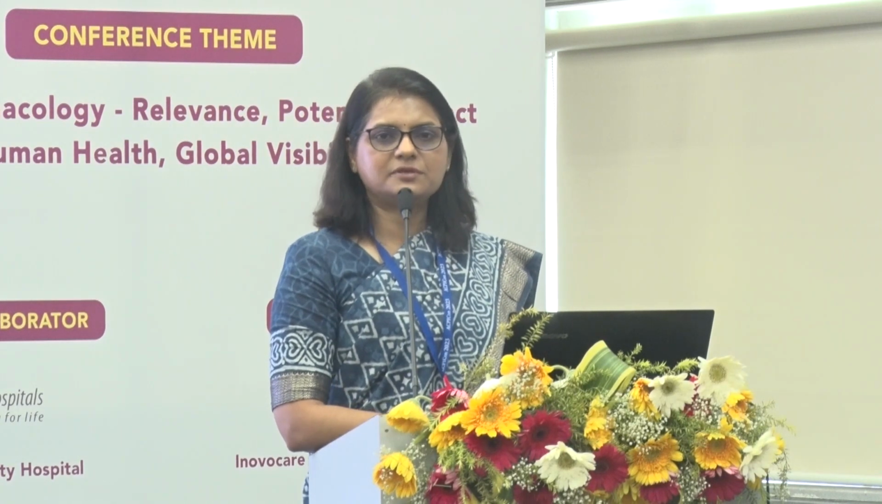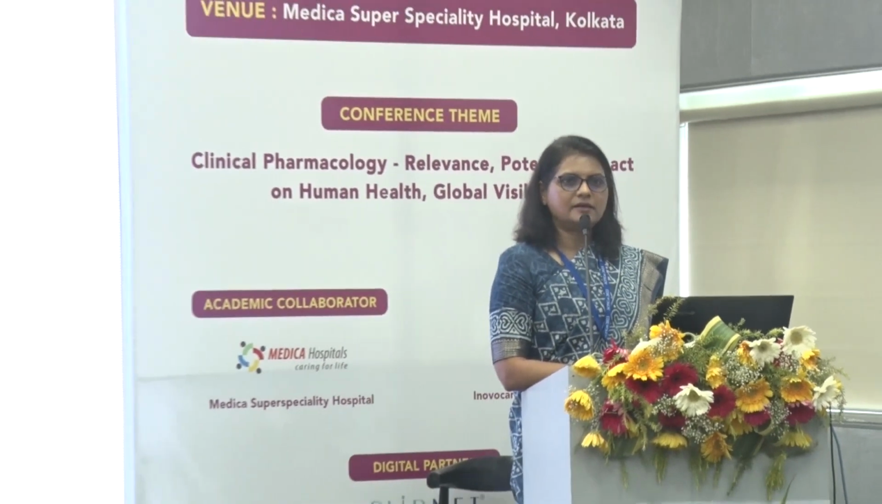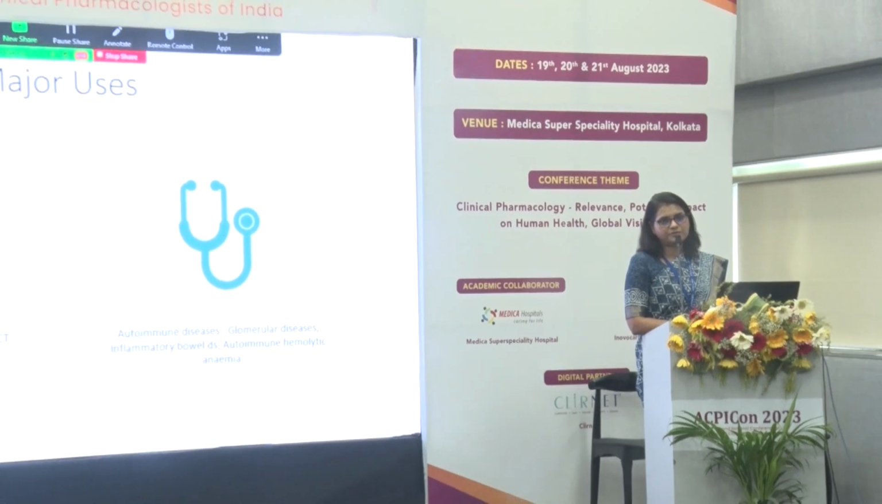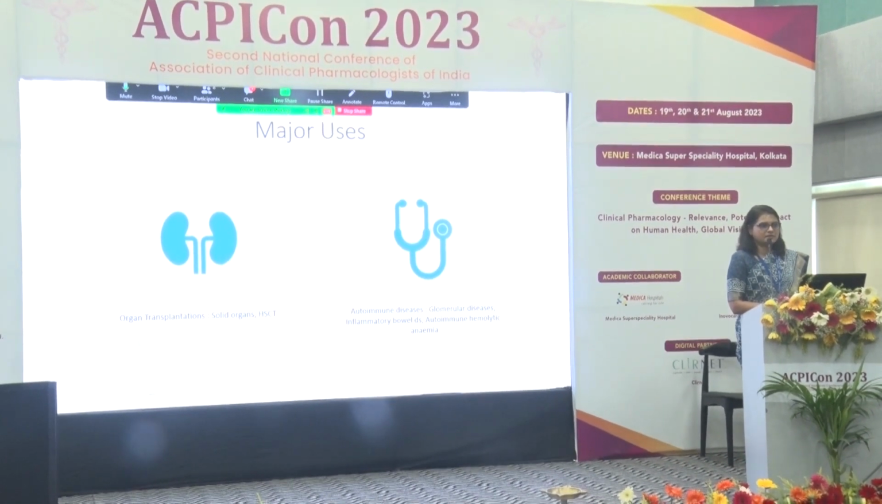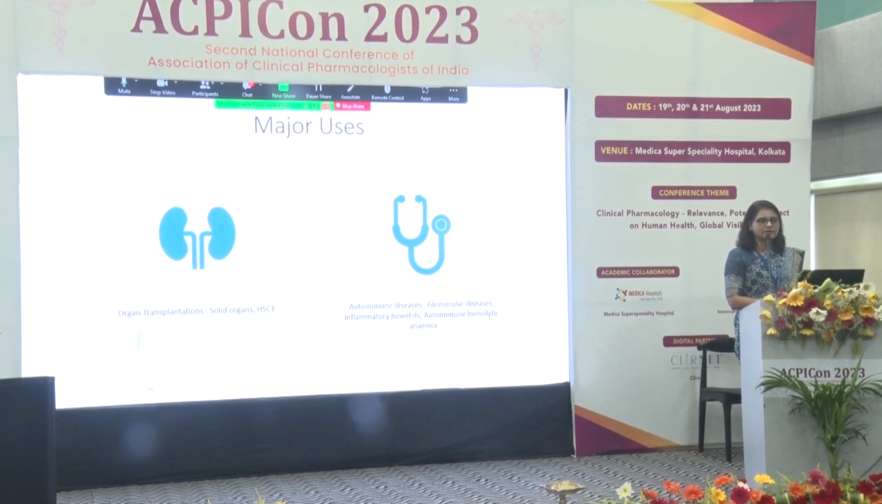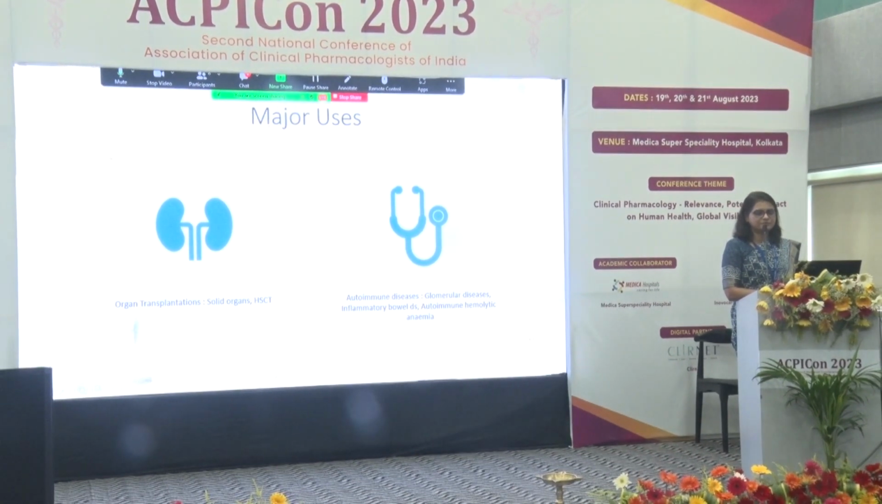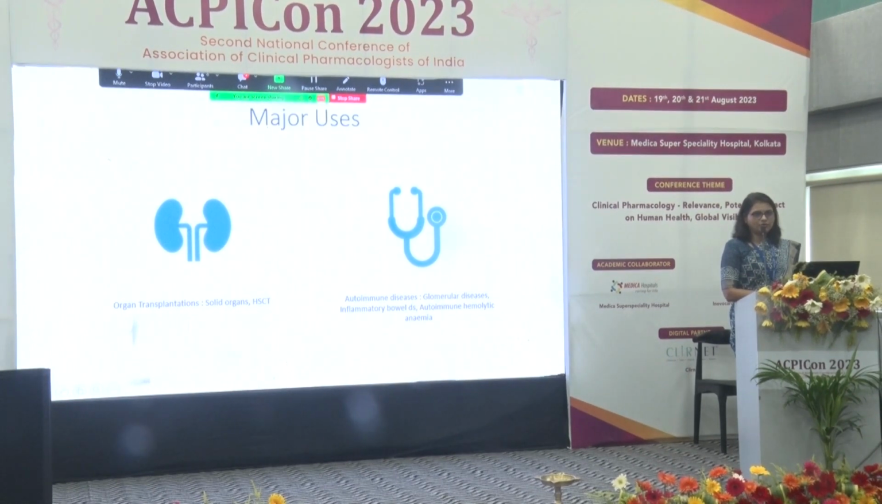So where are these immunosuppressant drugs used? Mostly we know that it's organ transplantation: solid organ transplantation and hematopoietic stem cell transplantation. And the other major area is autoimmune diseases, where we know that we have to lower the immune response. These are the two broad areas where we see these drugs being used. The non-transplant settings are glomerular diseases, several of which you would have seen, vasculitis, SLE, inflammatory bowel disease,